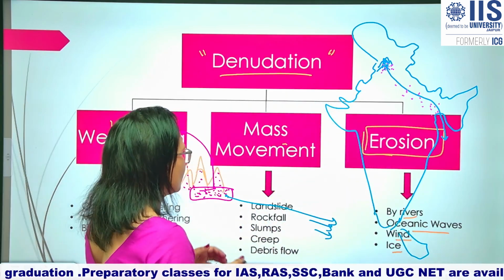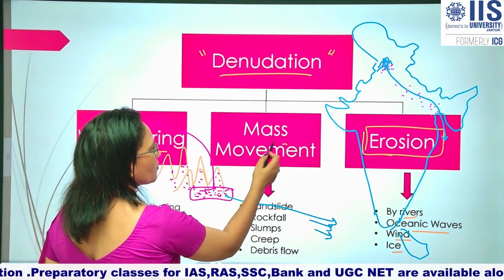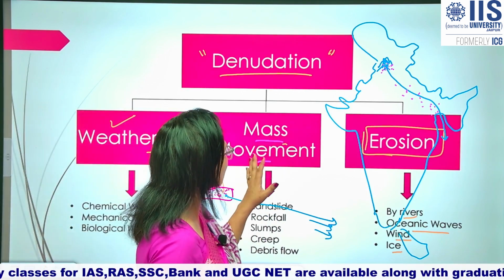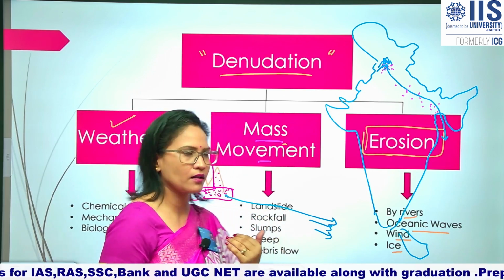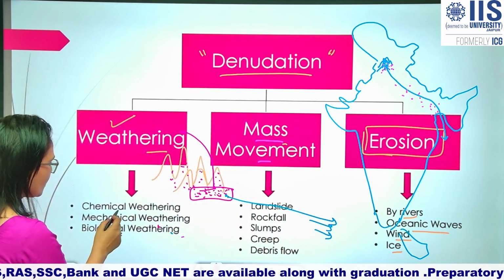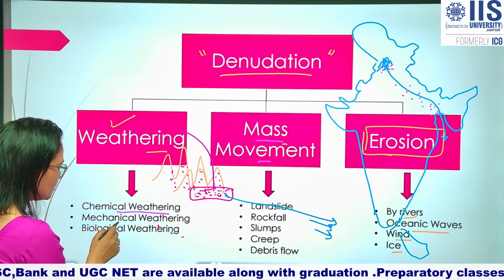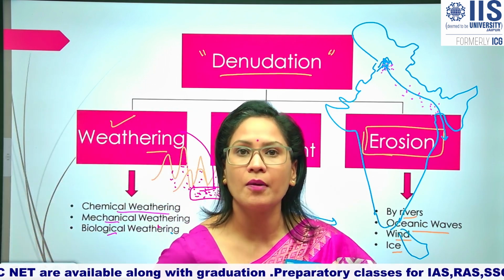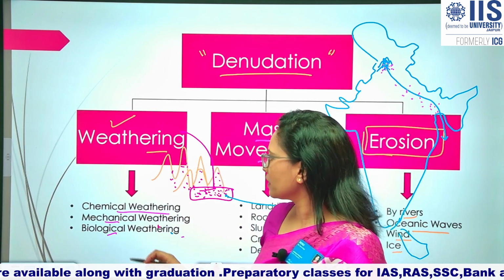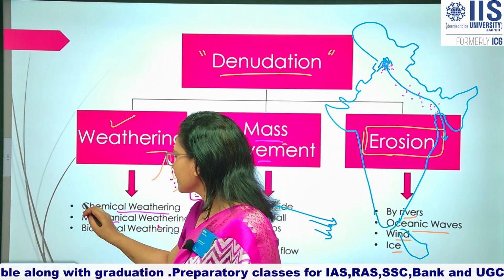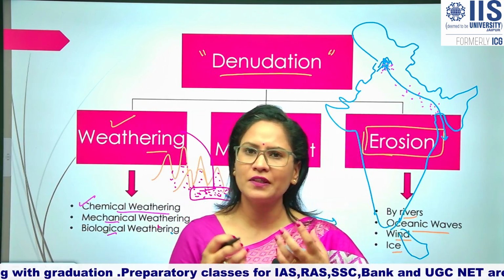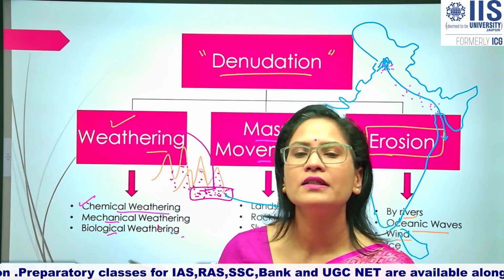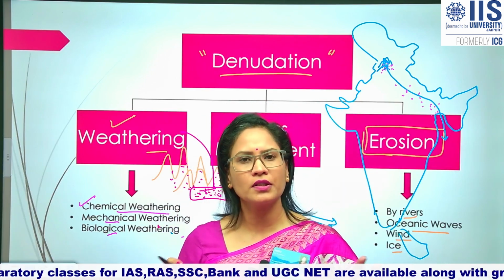Okay. Now, the third is mass movement. Before we discuss mass movement, we have some terms. Weathering, the types of weathering are chemical, mechanical and biological weathering. Chemical weathering, why is weathering happening? For example, if I take the example of chemical weathering, it is a very popular observation during the month of monsoon, during the monsoon season.